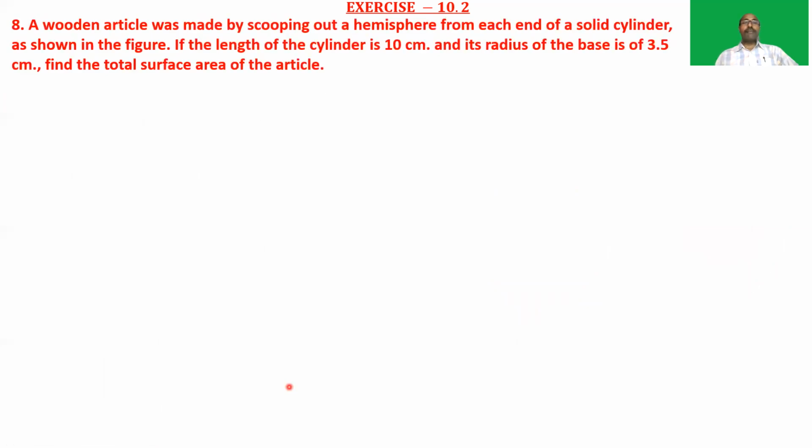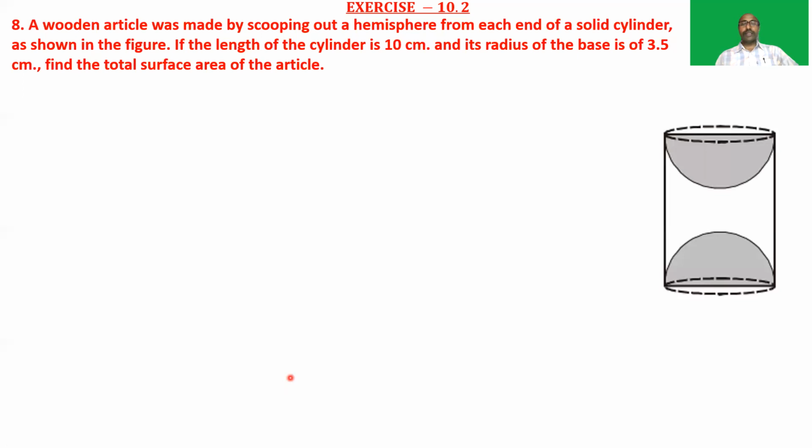A wooden article was made by scooping out a hemisphere from each end of a solid cylinder, as shown in the figure. If the length of the cylinder is 10 centimeter and the radius of its base is 3.5 centimeter, find the total surface area of the article. So here the article is given in the figure, and in this figure, two hemispheres are scooped out from both the ends of the cylinder,